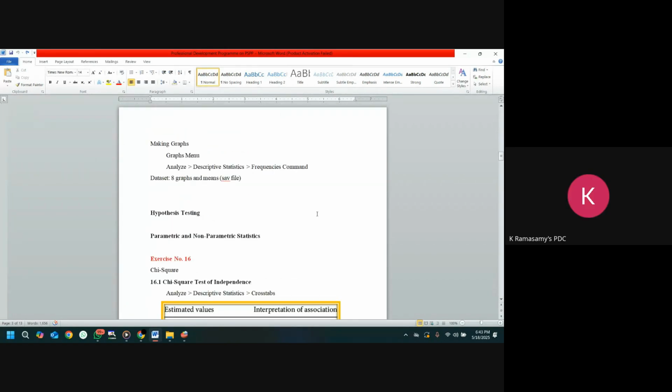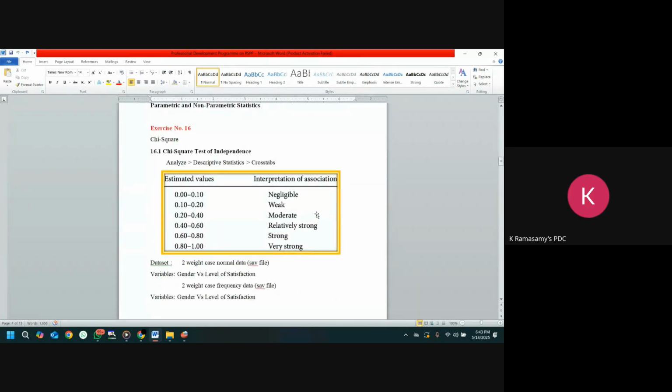Yes, sir. Okay. So let me begin with one non-parametric test called chi-square. Chi-square is a very, very popular test being used everywhere. It is a non-parametric test because whenever you are having data, you have two levels, two categories of data. One data may be ordinal, other data may be,